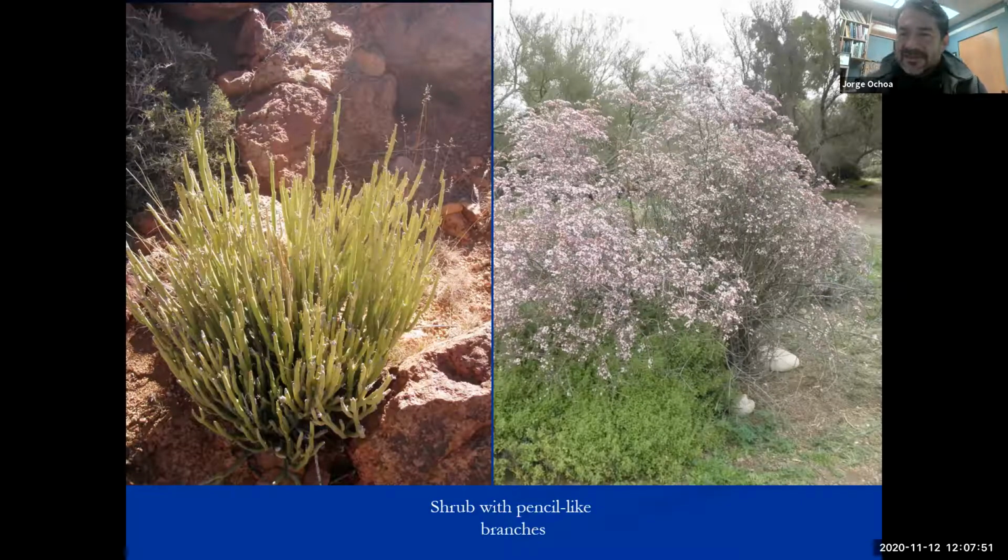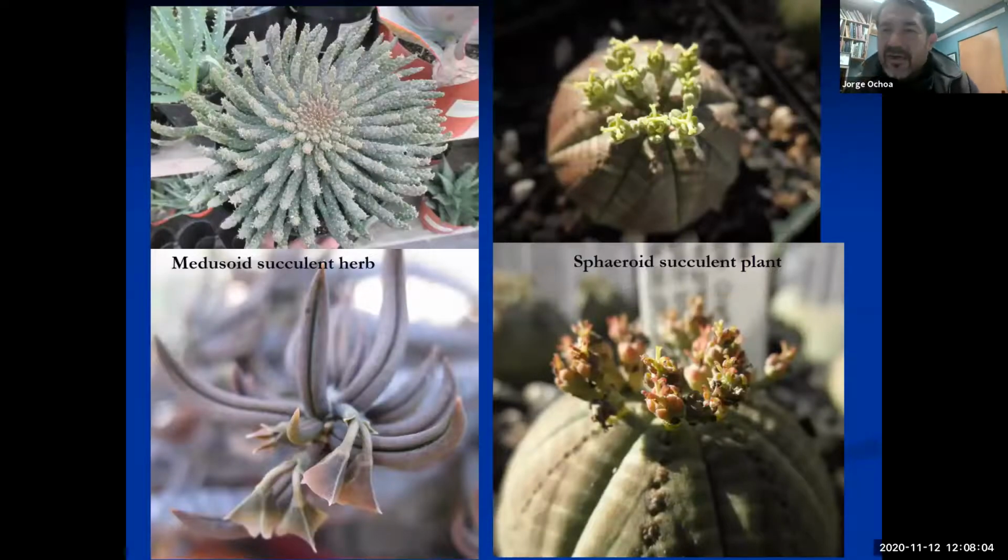Here's a few other examples. This euphorbia from Baja, you see the flowers, but it's actually a pencil-like. Or from Namibia, here's growing in the wild, abandoning the leaves. Or you're going to have the tiny succulents. Some of them may look like a mammillaria or a barrel cactus. So you might have a